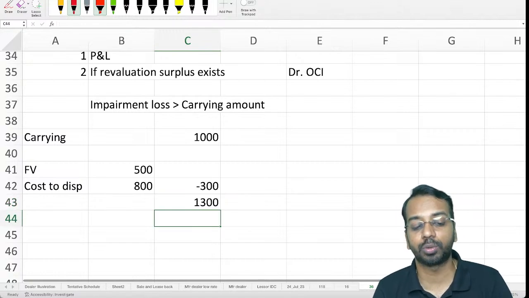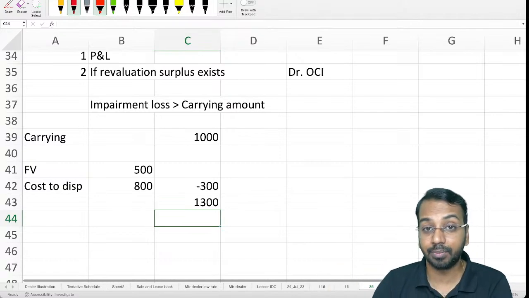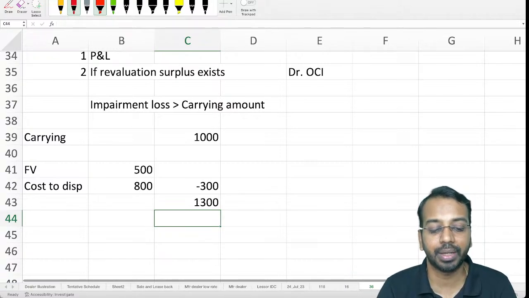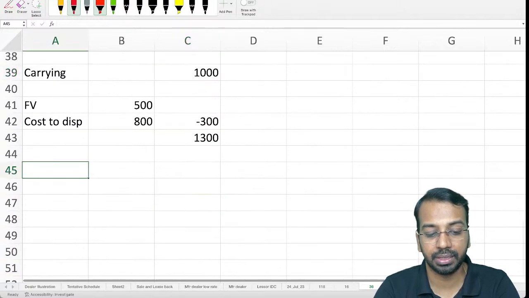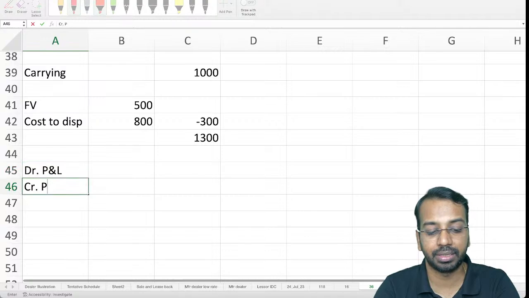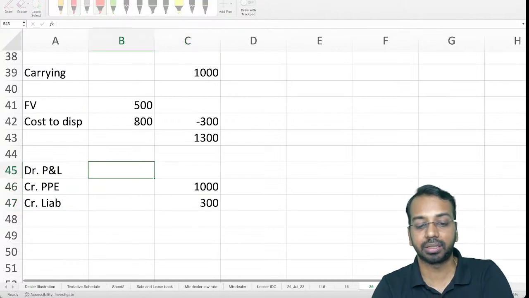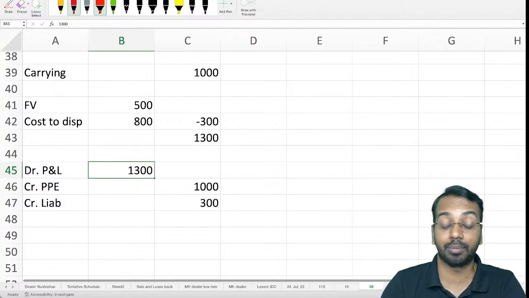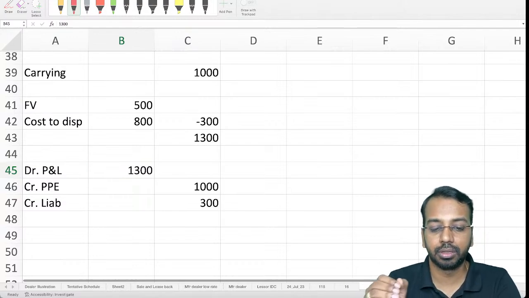Now in that case, what should I do? My carrying amount is 1000. By selling that asset, I'll get only 500, and I have to spend 800, which means I have to pay 300 to someone. Then that 1300 becomes my loss. Now I can write off only 1000 from the PPE. So what I'll do is debit P&L, credit PPE 1000, credit liability 300. I'll have to create a liability for disposal to that extent. Then the entire 1300 is recognized in P&L. Very rarely these kinds of cases come, but they can definitely come. So if the impairment loss is greater than the carrying amount, you will have to recognize the balance amount